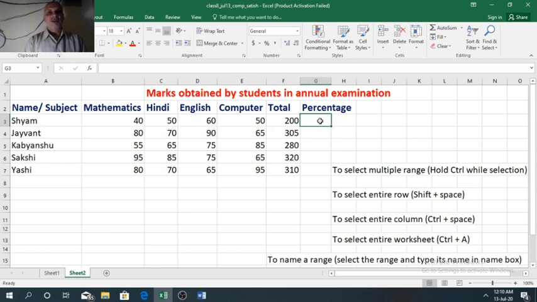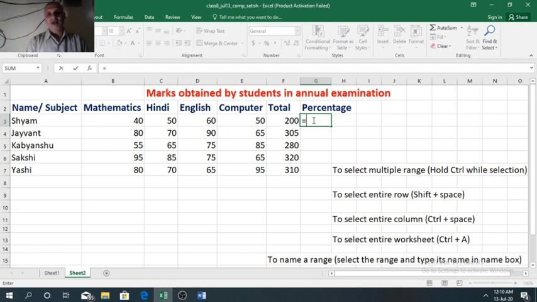Suppose we want to find the percentage of marks scored by Shyam. So in the next cell, first we need to start with the equal sign. To find the percentage, the formula is marks obtained divided by total marks into 100. So here the marks obtained is 200.